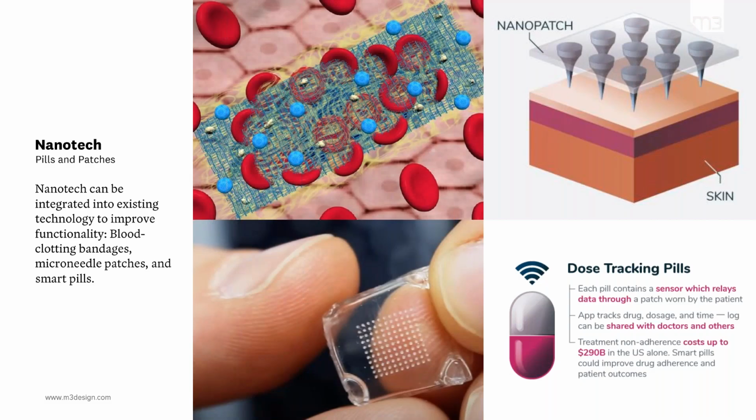So just starting at the level that we have today, we can build on platforms that we already have. So this would be things like pills and patches and needles. And you can see here these examples. This bottom image is actually a microneedle patch that can be used to deliver medication or take blood samples. So instead of one larger needle pricking you, you feel what really feels like being licked by a cat. So it's a much more pleasant experience for the patient.